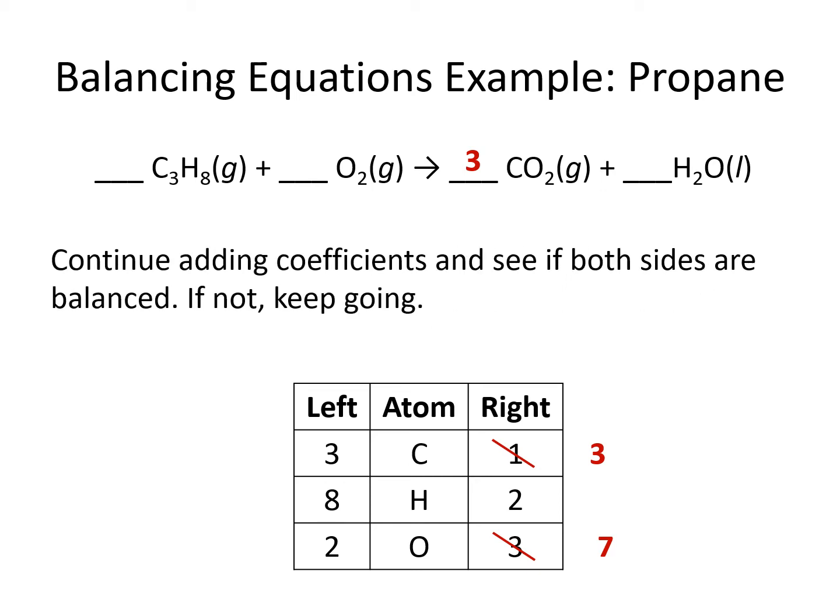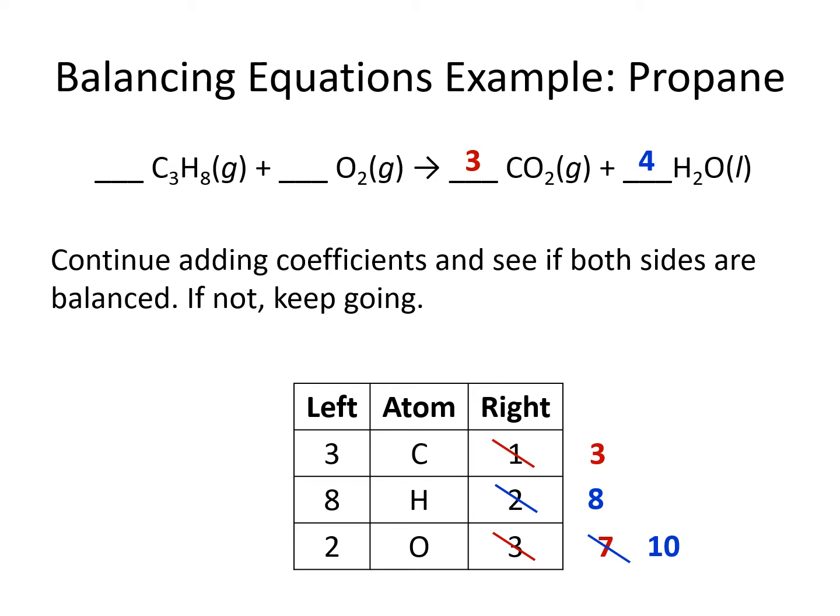We're going to keep adding coefficients in and checking to see whether it's balanced or not. The next thing that we're going to change is the hydrogens by putting a coefficient in front of the water. Right now we have 8 hydrogens on the left. We need to make it have 8 hydrogens on the right. To do that, we're going to place a 4 in front of the H2O. When we do that, we end up with 8 hydrogens on the right to match our 8 hydrogens on the